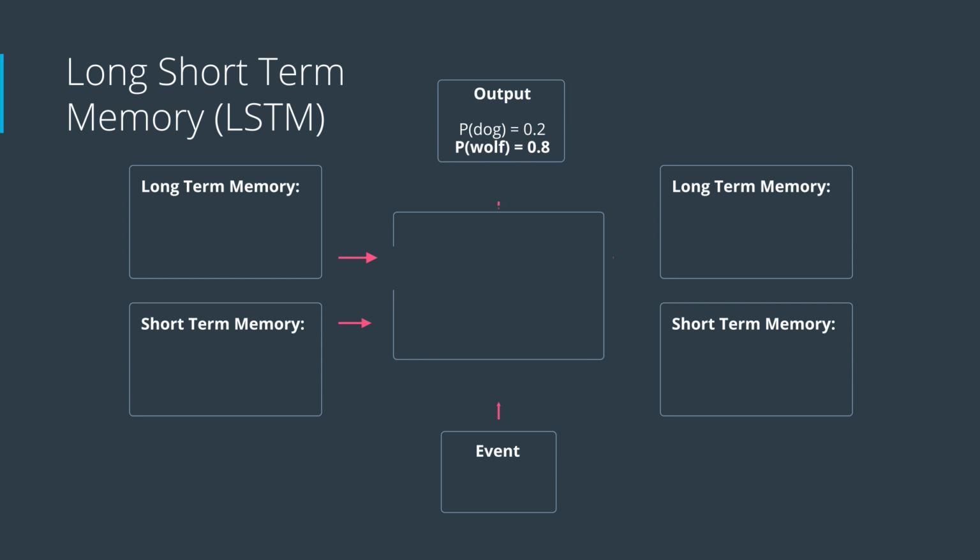So basically, we have an architecture like this, and we'll use even more animals to represent our stages of memory. The long-term memory is represented by an elephant, since elephants have long-term memory. The short-term memory will be represented by a forgetful fish. And the event will still be represented by the wolf we just saw. So the LSTM works as follows. The three pieces of information go inside the node, and then some math happens, and then the new pieces of information get updated and come out. There's the long-term memory, the short-term memory, and the prediction of the event.